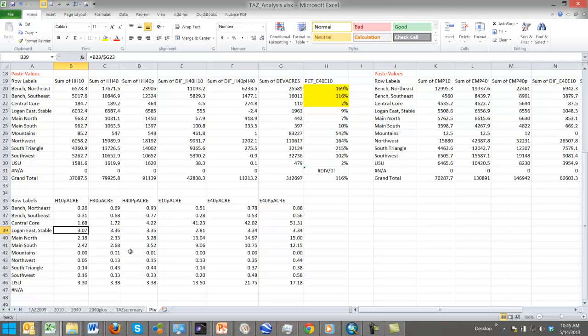Or is it average lot size? I want you to think about that for a minute. And then this is 42 jobs per acre in that. Okay, I'm going to highlight those values as interesting to me, and then